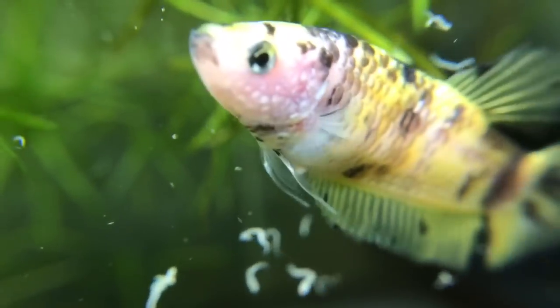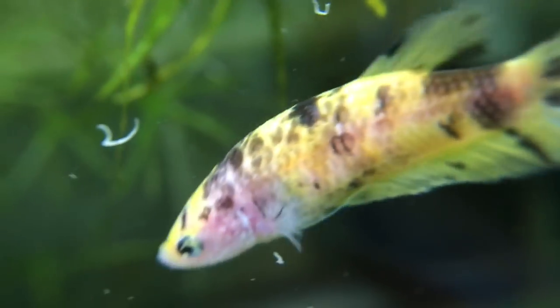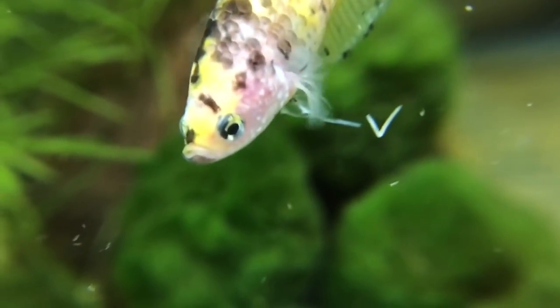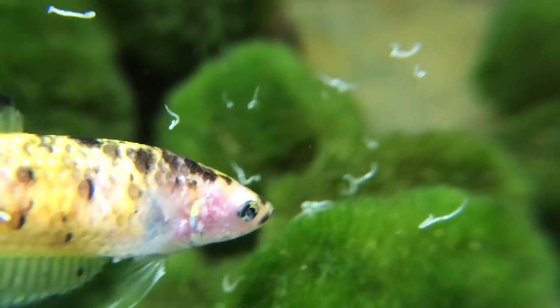So it is an excellent food source, and it is one I would definitely recommend getting a hold of. The fish absolutely love it. Obviously it's healthy, they love live foods. And the other thing that I really like about these, and I have noticed with all the fish, is that it does promote a hunting behavior,